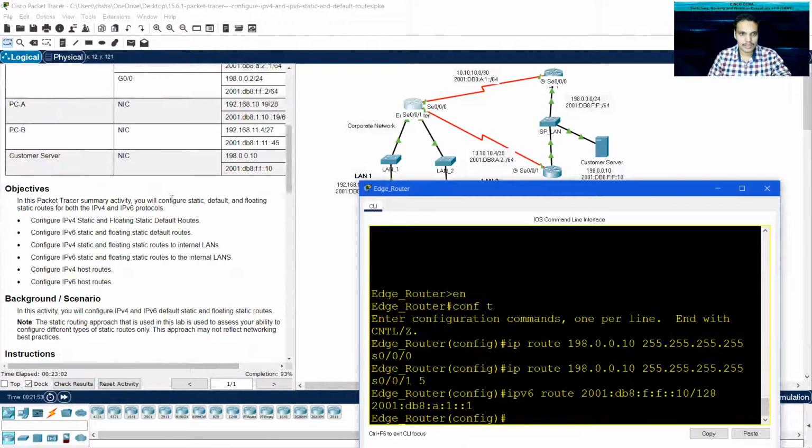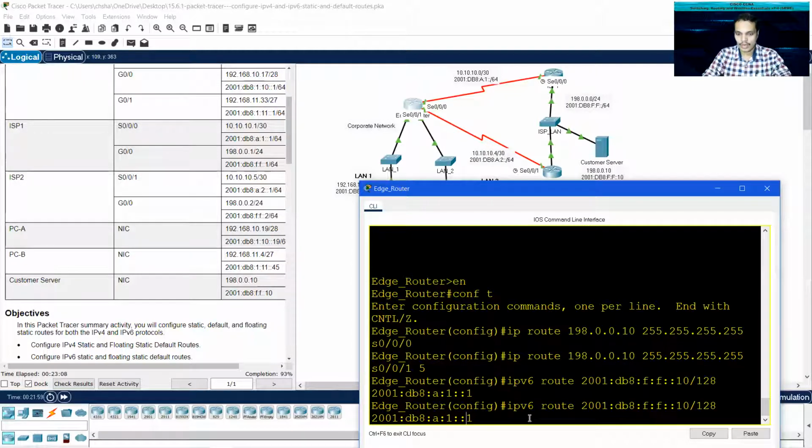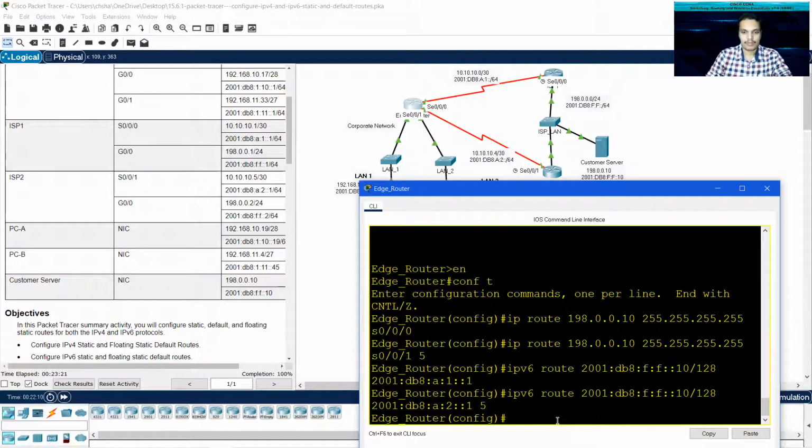What is the IPv6 address? This is 2. Okay, I can use the same thing here. Rather than A:1, I can use A:2, and mention the administrative distance of 5. There you go. I did everything. The completion is also 100%.